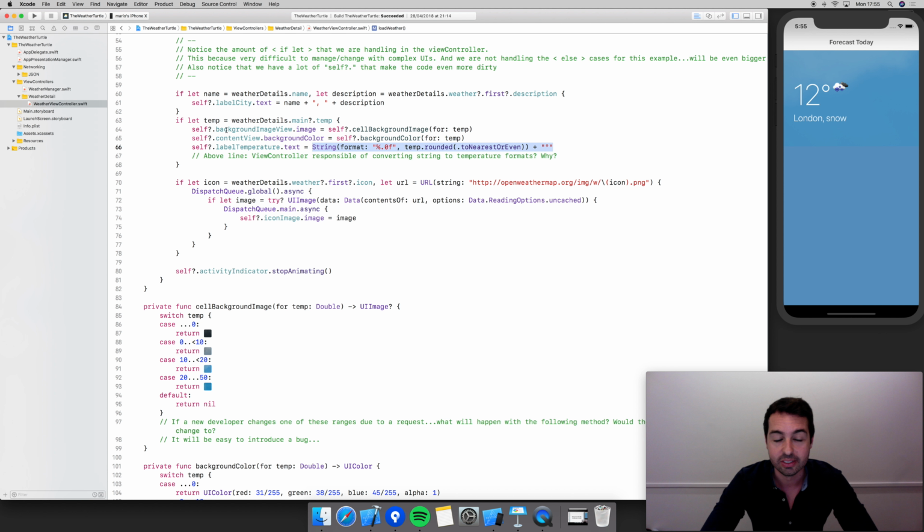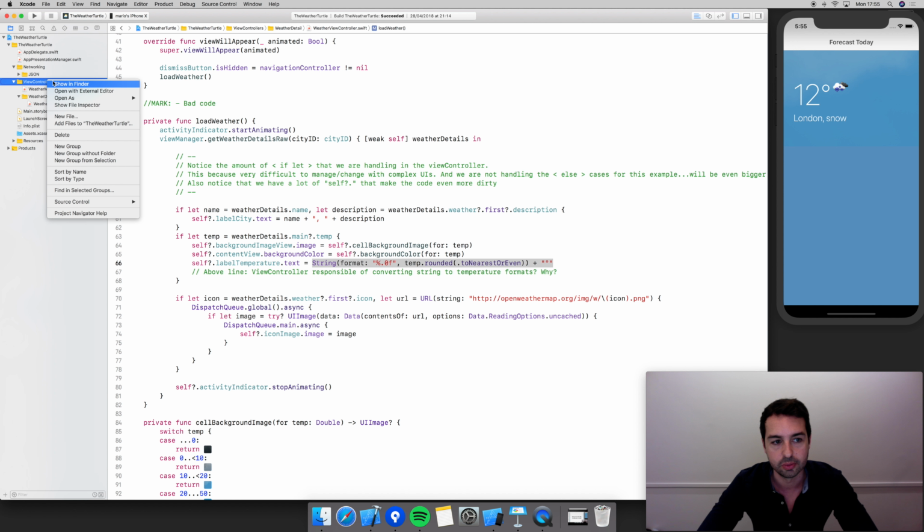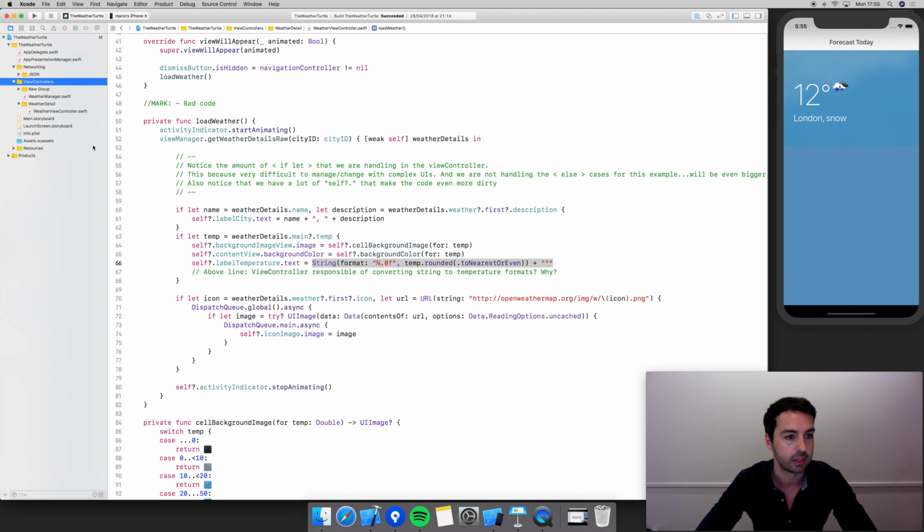So this is basically a lot of stuff that should not be here. So let's start by creating a weather view model and moving these pieces to another place. Let's go to the view controllers folder. We're gonna create a new one. We're gonna call it view model, and here